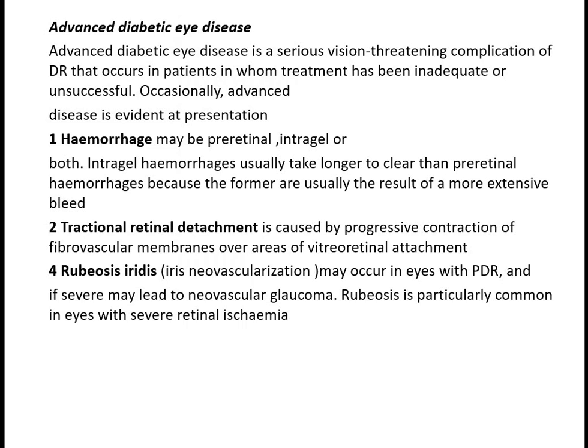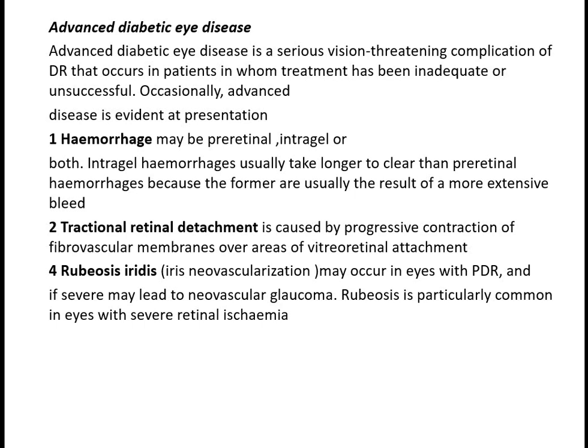نجي على advanced diabetic eye disease is a serious vision threatening complication of diabetic retinopathy that occur in patient in whom treatment has been inadequate or unsuccessful. Sometimes the patient presented with advanced diabetic eye disease at presentation اللي هو hemorrhage، يعني البيشنت راح يجينا عنده hemorrhage first،